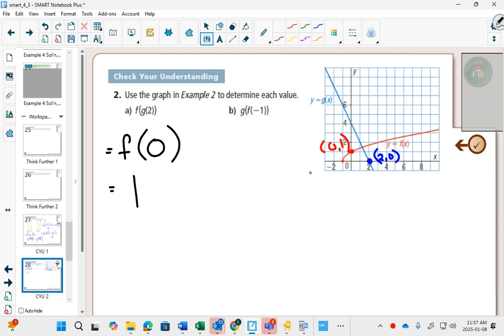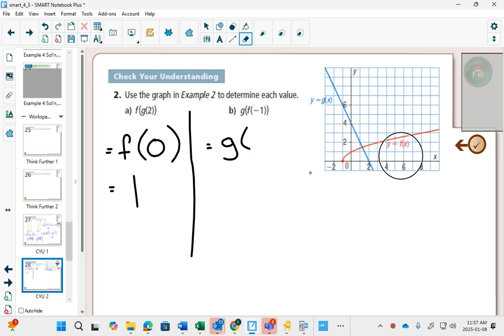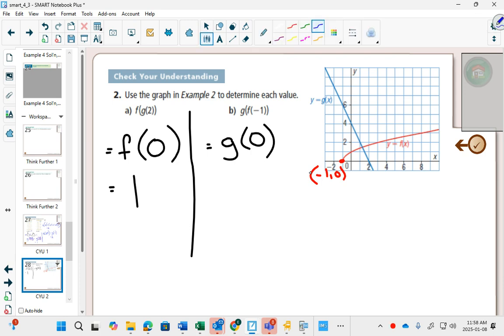Okay? So g of f of negative 1, first we have f of negative 1, I can figure that out. F of negative 1, erase my work from the previous one. Negative 1 is right here. I have the point negative 1 comma 0. Does it make sense that f of negative 1 is equal to 0? And now, what's g of 0? Go to my blue graph. If I plugged in 0, I would get